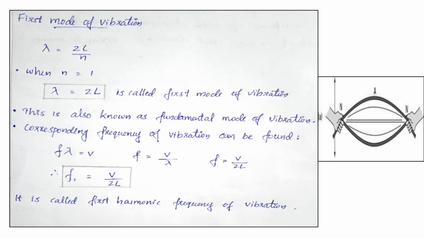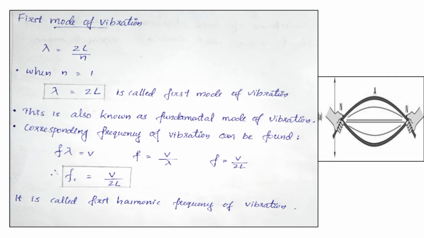Earlier we discussed that the wavelength of a string with length L is lambda equal to 2L by n. Here, when n is equal to 1, lambda is equal to 2L by n, so the equation becomes 2L. The wavelength of the wave set up in the string will be double the length L of the string. Therefore, the node to node distance is half of the wavelength, and if we assume the wavelength is lambda 1, then lambda 1 by 2 equals L.